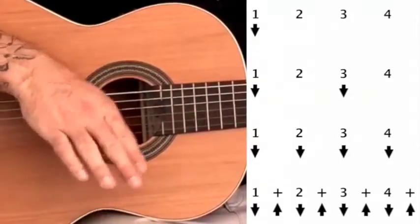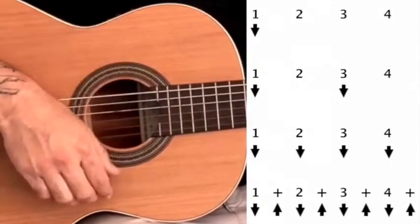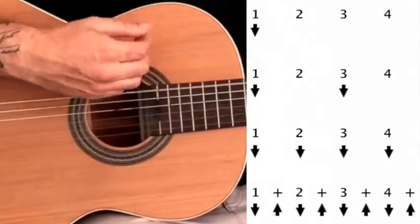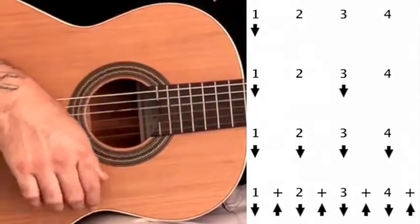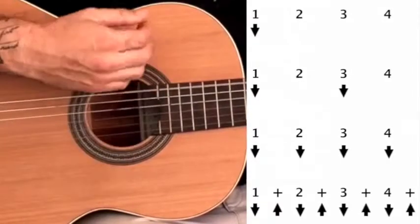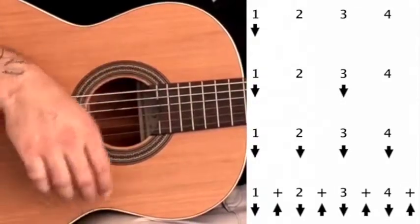Down is your count, and up is your and. It's going to look like this. 1 and 2 and 3 and 4 and 1 and 2 and 3 and 4 and...